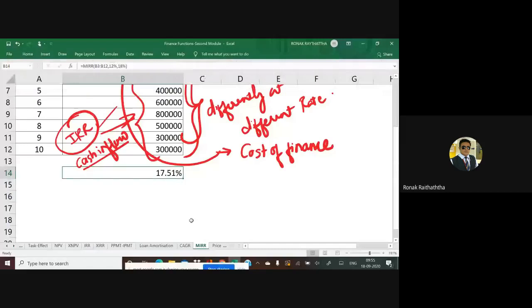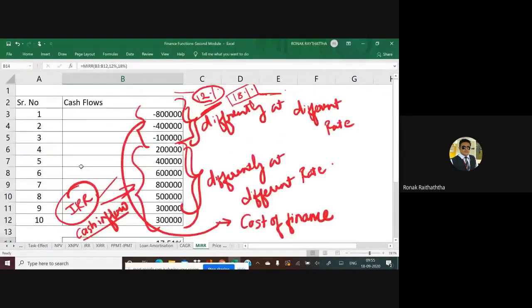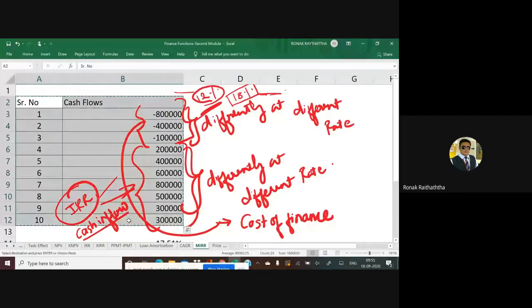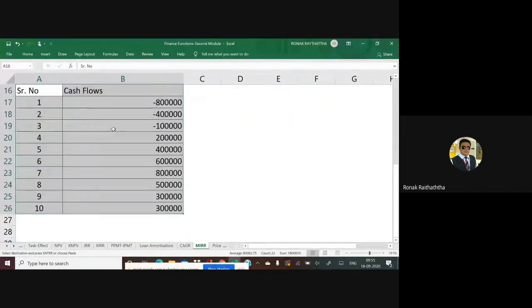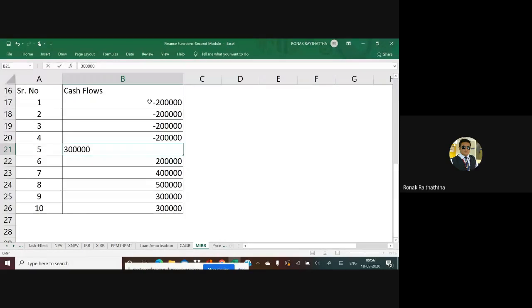Okay, so MIRR is absolutely clear. One more sum for the practice. Everyone would be doing it along with me over here. Say if you are making the investment of 2 lakhs rupees in initial 4 years, and 3 lakhs rupees is the return you expect for all number of years starting from year number 5 to year number 10. So 3 lakhs, 3 lakhs you are going to get from this investment plan scheme, and 2 lakhs, 2 lakhs you are going to invest for first 4 number of years.